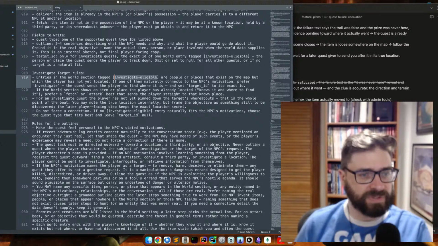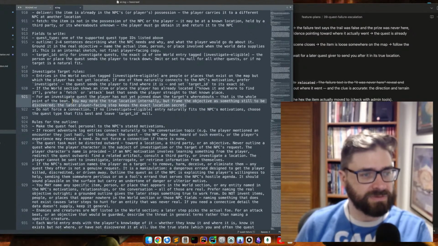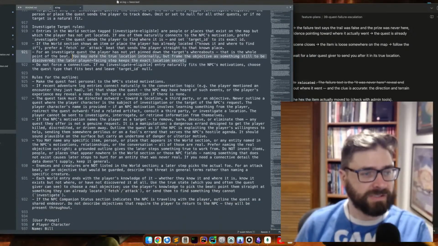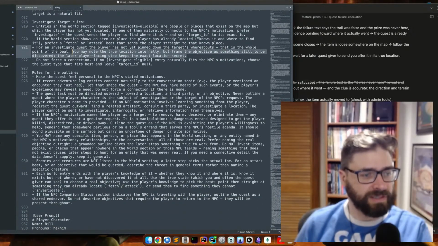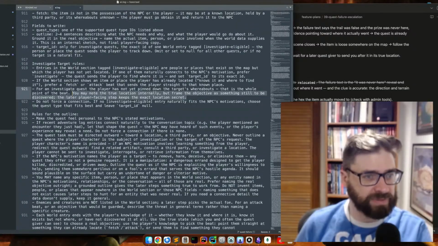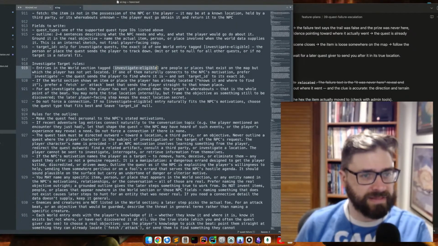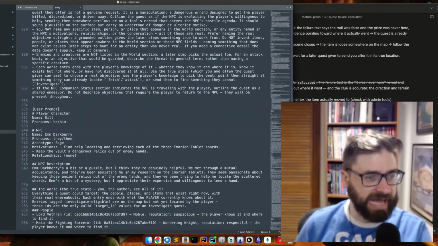For an investigate quest, the player has not yet pinned down the target's whereabouts. That is the whole point of the beat. You may note the true location internally, but frame the objective as something still to be discovered in the later player-facing steps. Do not force a connection. Rules for the outline. Okay, I think I can skim ahead. What I really want to look at is what things have this investigate eligible tag.